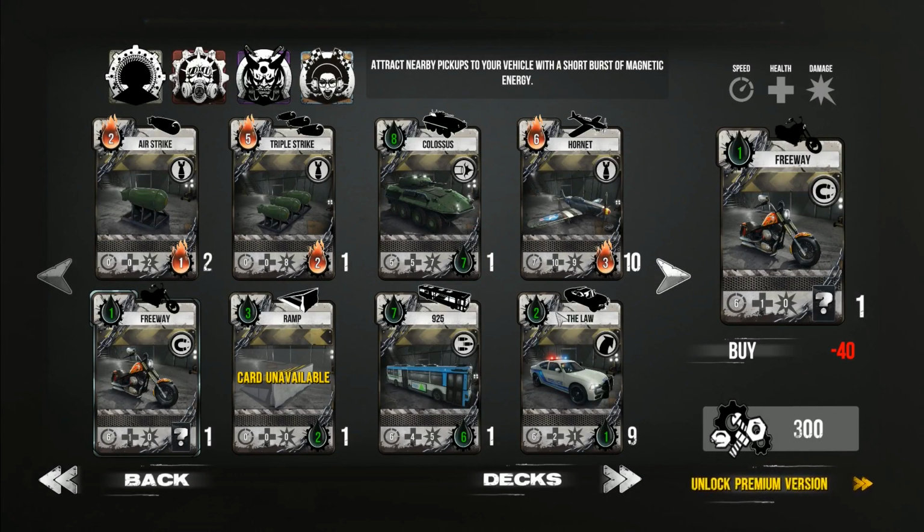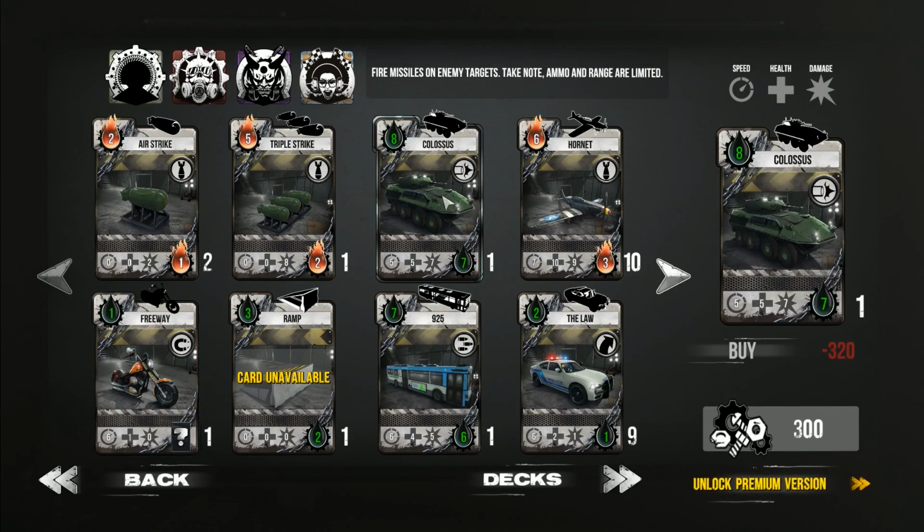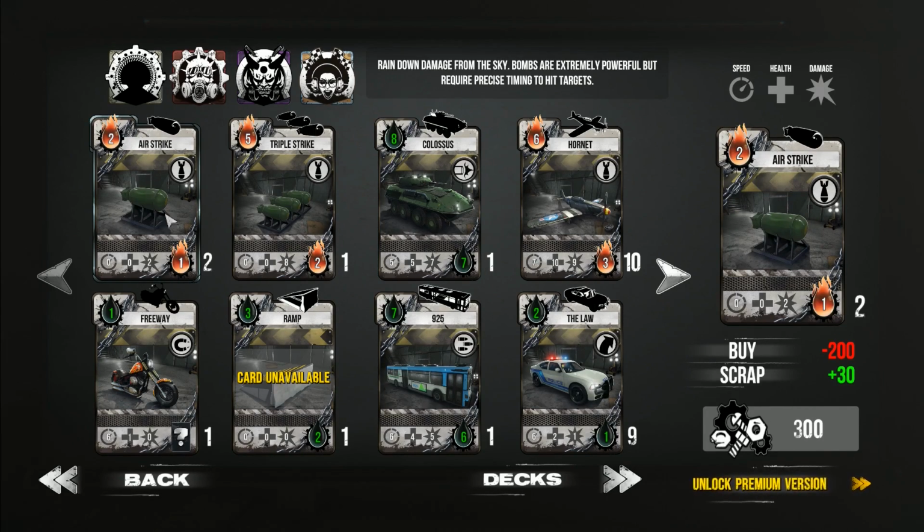Okay, so now to buying and scrapping. So in the game you earn a currency called scraps. Your scraps are represented here and I currently have 300. So if I click on the airstrike over here, you can see I already have 2 in my collection, so maybe I don't want to. So in this case, I'm deciding to scrap one of my cards. So you can see here on the details panel, by scrapping an airstrike, I'll actually gain 30 credits. So let's do that. Okay, so I've just sold one of my airstrikes and I've gained 30 credits,